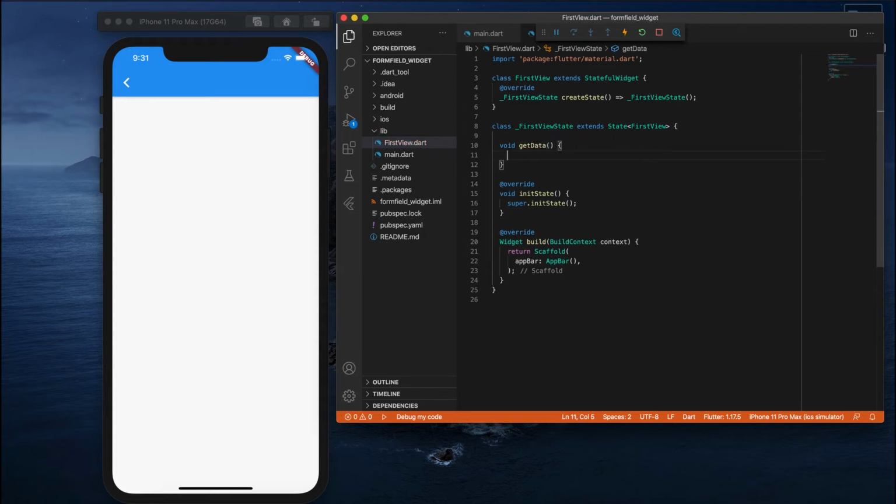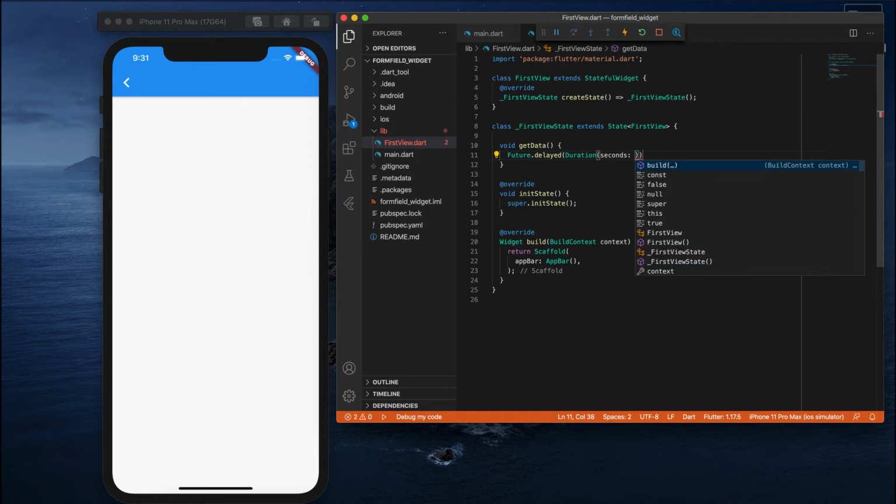The first thing, I'll use a Future.delayed. This Future.delayed has two arguments. The first one is a duration, so how long you want to hold this. Inside the duration we have to pass the seconds. Let me give 5 seconds over here.